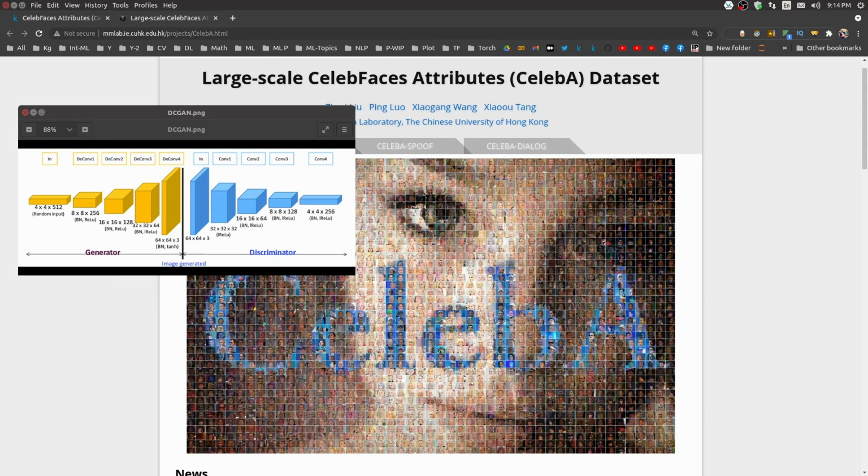Hey guys, today I'll be going through the implementation of DCGAN, or Deep Convolutional Generative Adversarial Network, on the famous